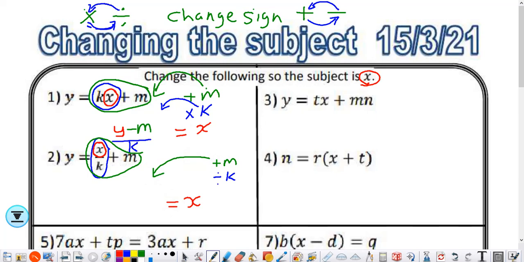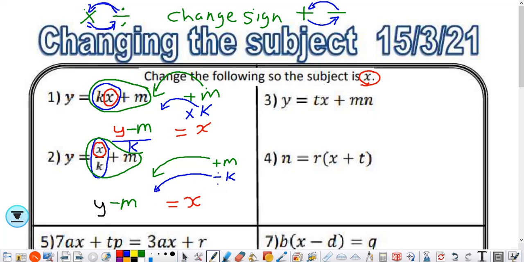I have y already on the opposite side, so that's going to stay there. The m moves across and becomes negative m. It's gone from a positive to a negative when it changes side. Okay, and then I'm looking to do the k to move that over the side, and we're going to go